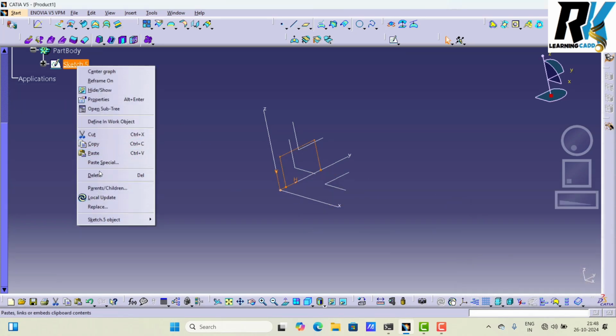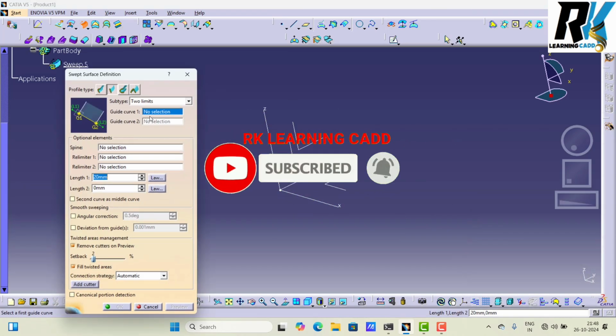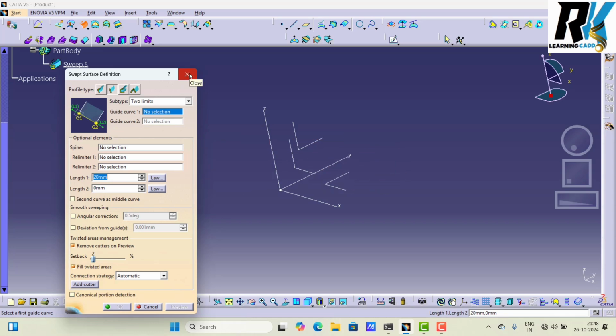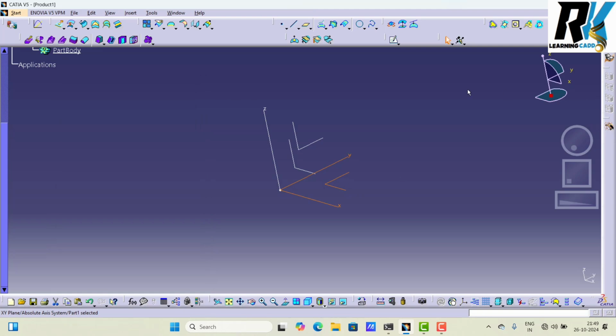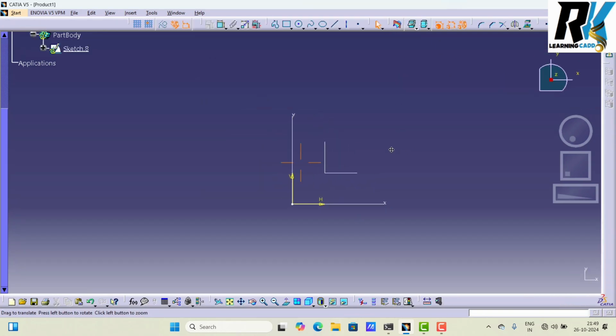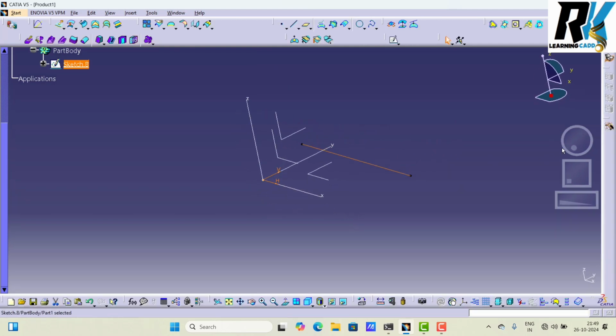Okay, so let's start. Select the first option. Here you see two limits, which means you need two lines or two curves. I select this datum plane and make one line here, then finish. If you want to make a curve on another plane, you can select that plane and make one curve.